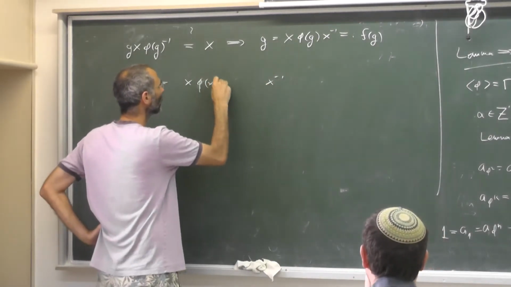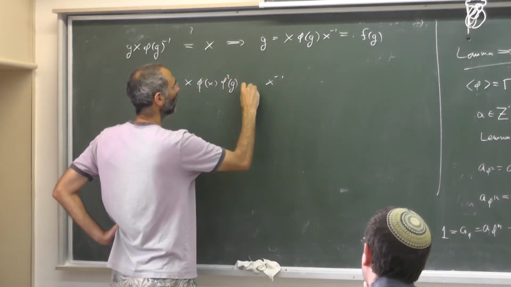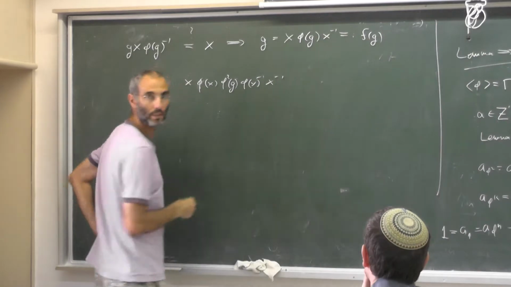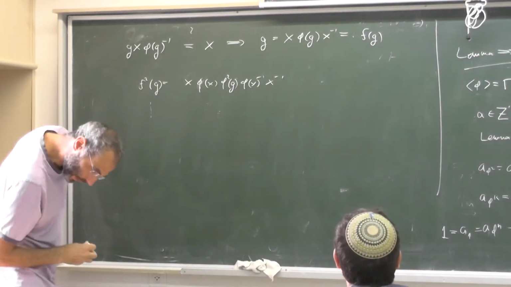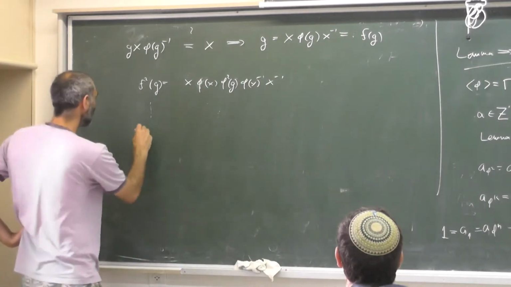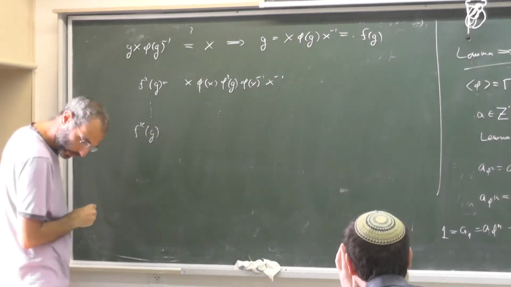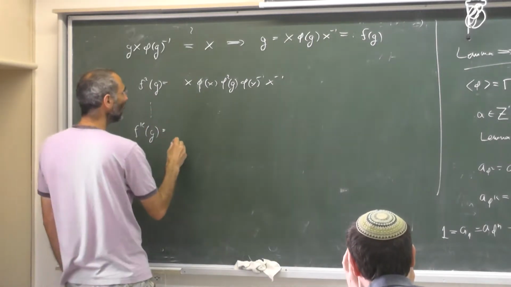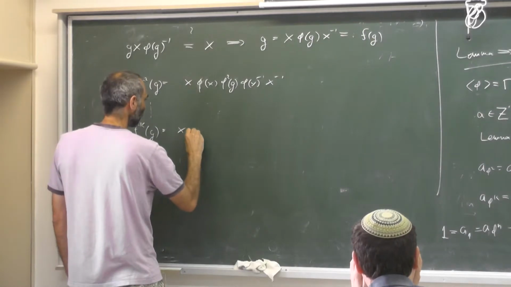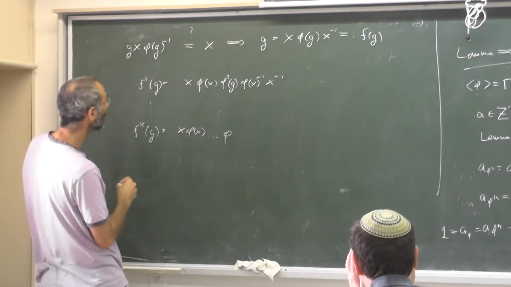So it's phi X, phi squared G, phi X inverse. And now I'll do it K times to see what's happening. Then of course by induction it will be X, phi to the K,